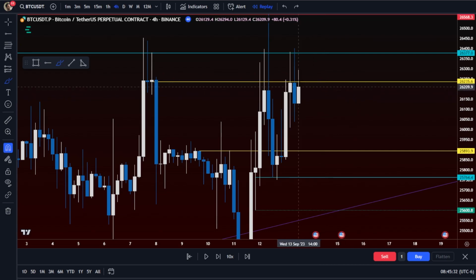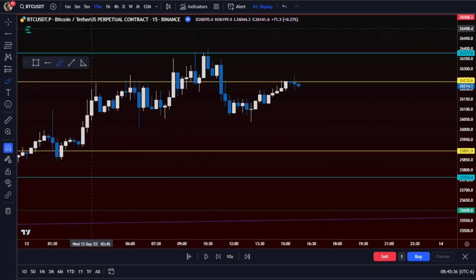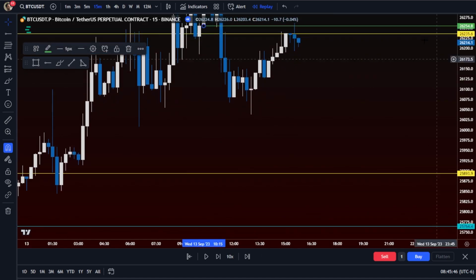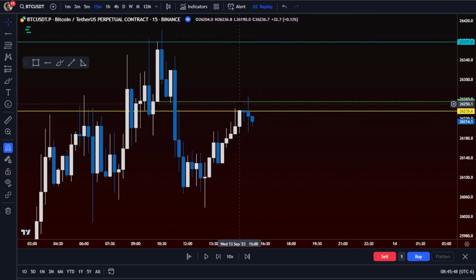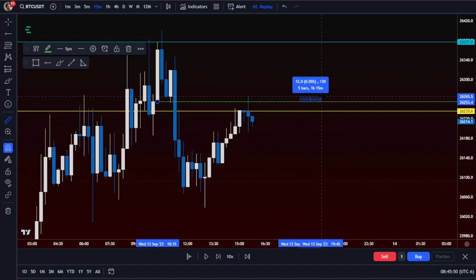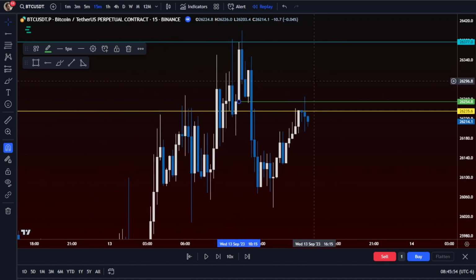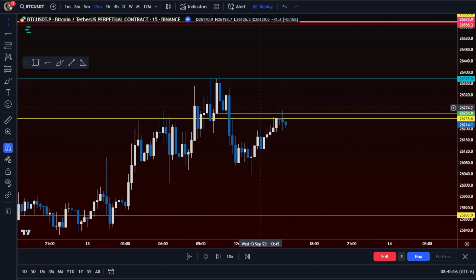What I would rather do is increase my quality by reducing my knife catches and saying, where's the 15-minute level? That hourly got hit, play the 15-minute level. If the 15-minute level can hold it down, and I don't care what part of it you play, you want to play this part, this part, this part. I think there's like a 0.1% difference here. I don't even know if it's measurable. Let's try. Okay, 0.5. It's actually okay. It's not that good. It's fine, but it's not that good. This would be the level that you play.